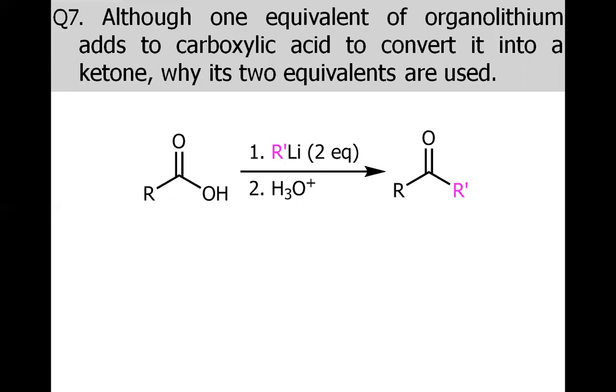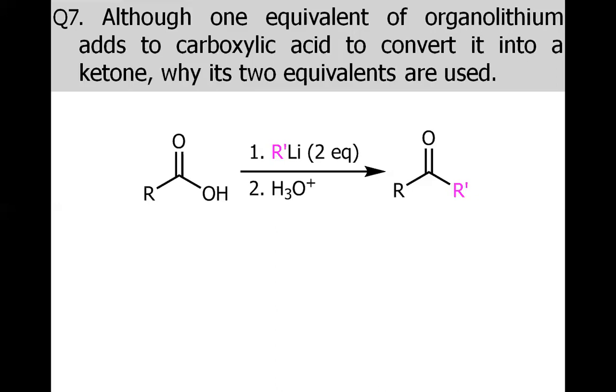So the answer is basically hidden in the mechanism, and I'm not showing the whole mechanism here. We will simply discuss the case. First of all, let us recall that organolithium is a very powerful nucleophile, but it is also a very powerful base. So you must know the difference between the nucleophile and the base. A nucleophile is an electron-rich species that simply attacks something that is electron deficient, but the base is a very specific nucleophile. Base is a nucleophile, but a nucleophile is not necessarily a base.